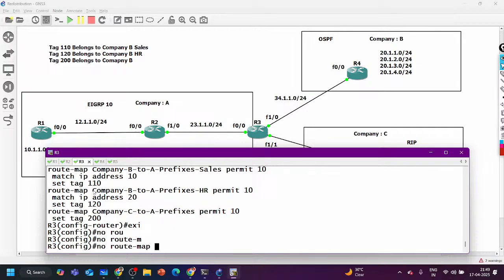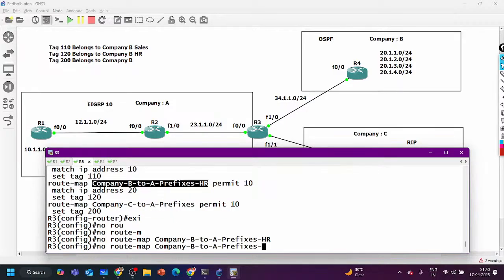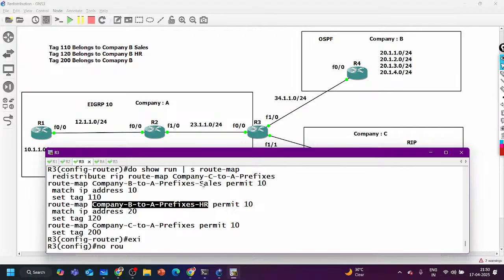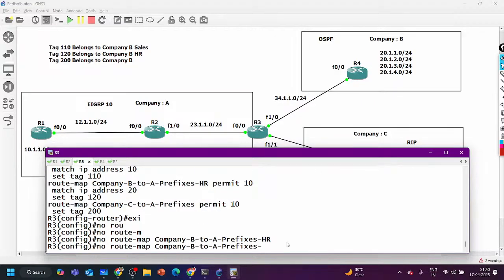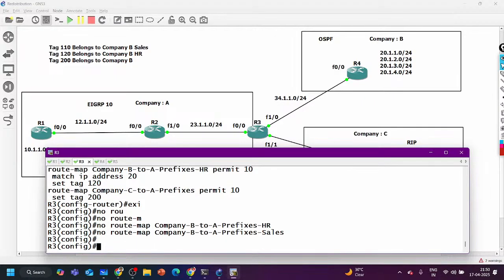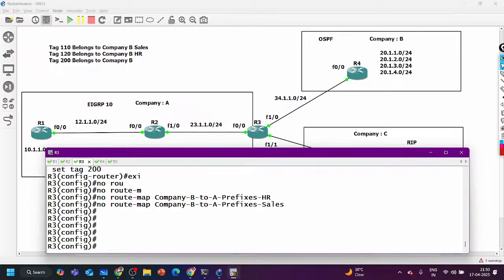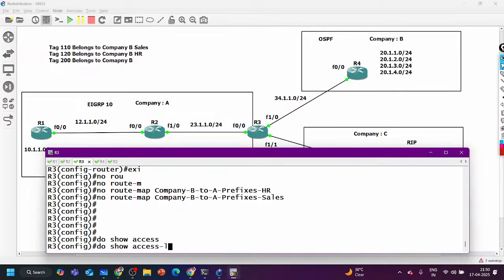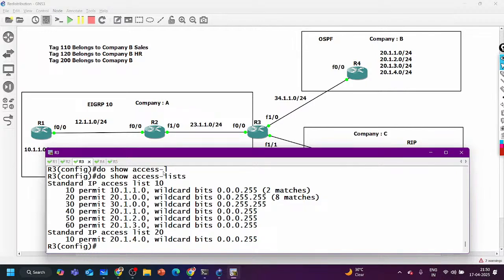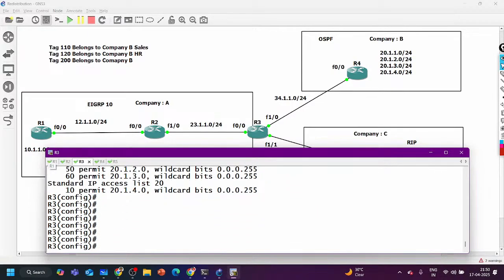So let me say no to this route map and no to sales also. Do show access list. My access list number 10 is matching. Oh, access list 10 is already in use for this subnet. Let me create another access list.